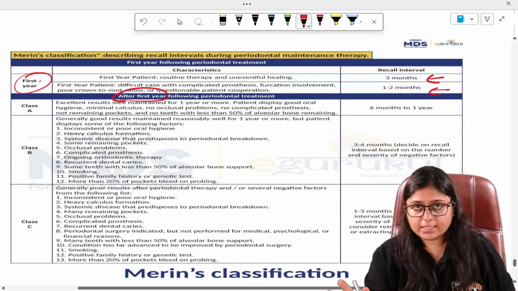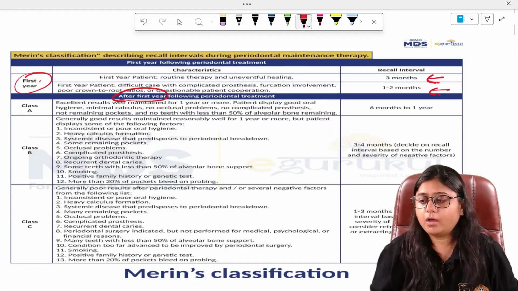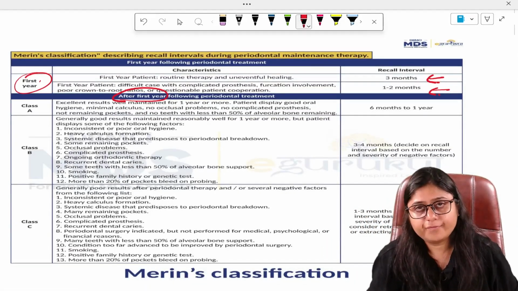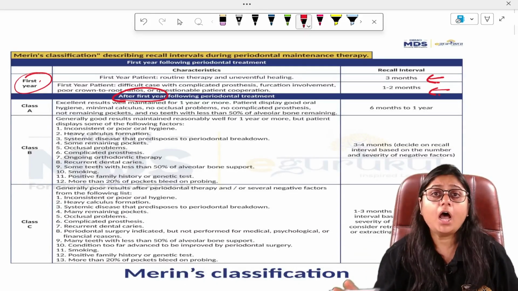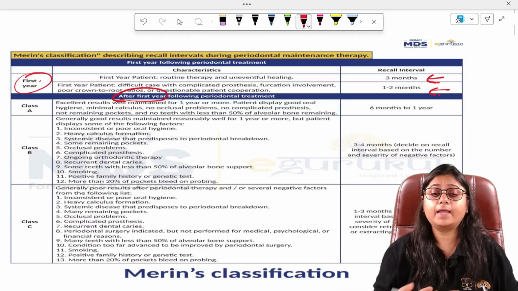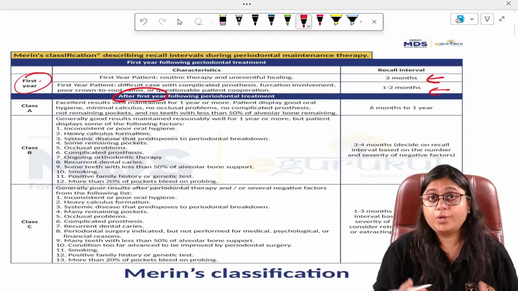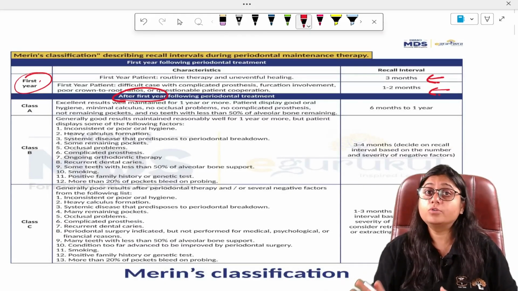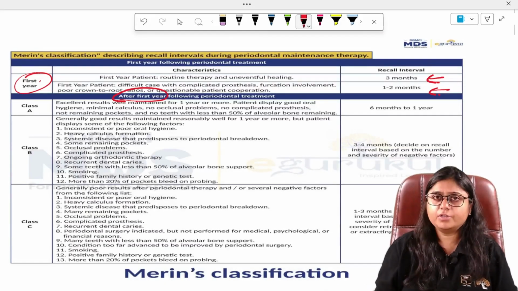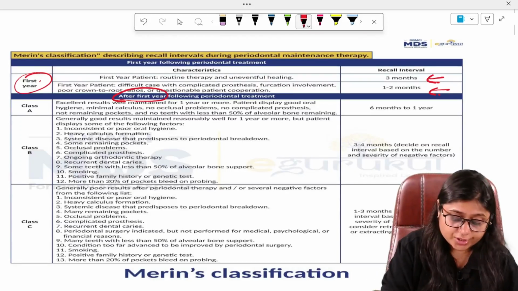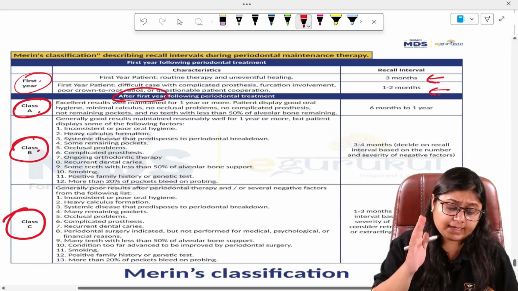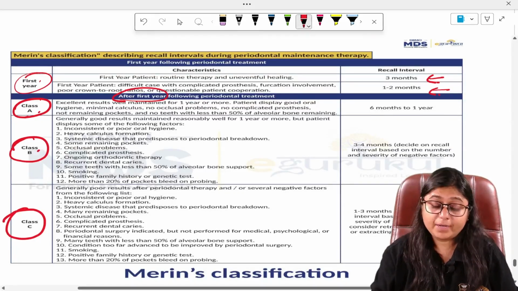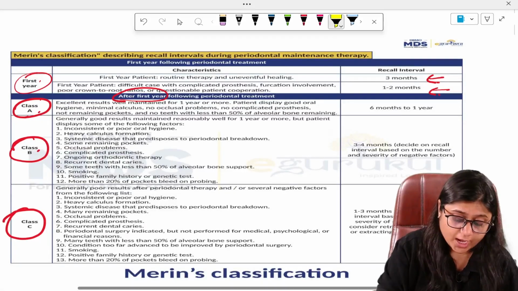Now, after the first year has been completed, you can divide. You are following the patient every 3 months or every 1 or 2 months, and you can decide whether after the first year, how will be the prognosis of the case, and whether the patient will remain motivated, whether the patient's results were good in the first year, were poor in the first year, and accordingly you can divide the patient into class A, B and C. In class A, B and C, you don't need to remember anything except few keywords which are